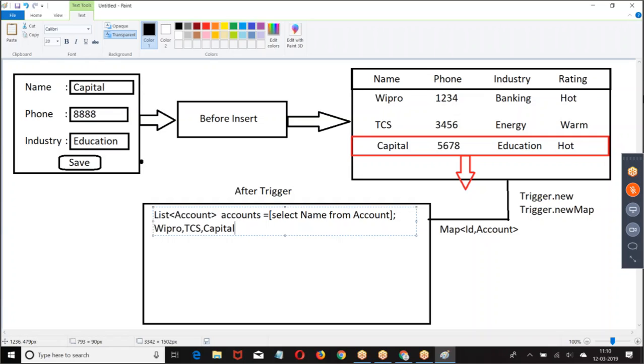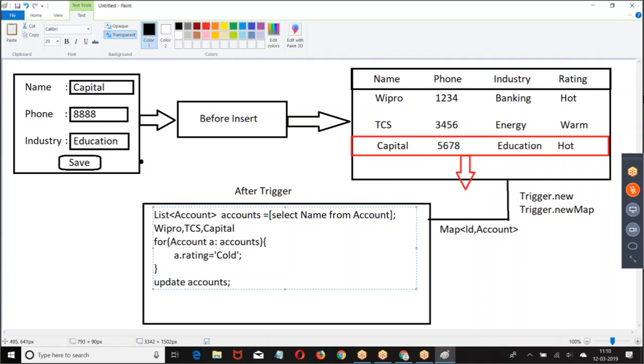If you want to make any changes on the record which is already saved to database, how will you make the changes? Write a for loop, write the code, then make it a DML operation.